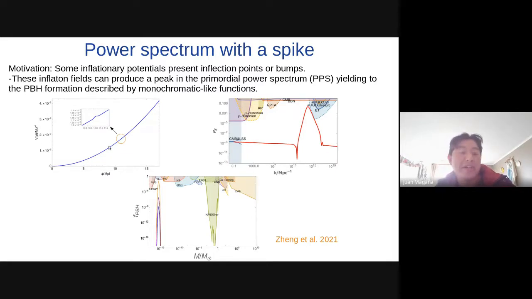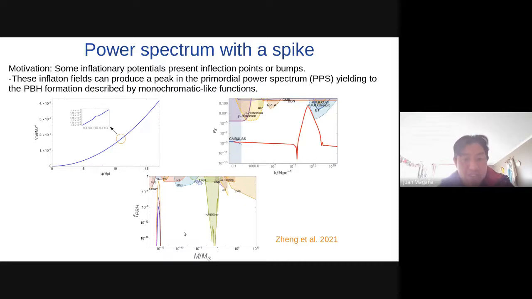Of course, if the authors put this bump in the scalar field in another position, this peak in the primordial power spectrum will shift. Also, these authors obtain a monochromatic mass function for primordial black holes of this kind.